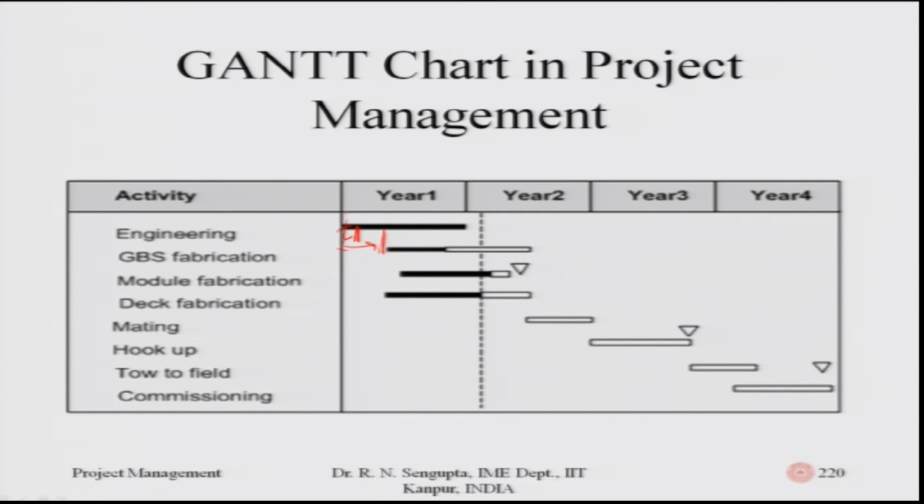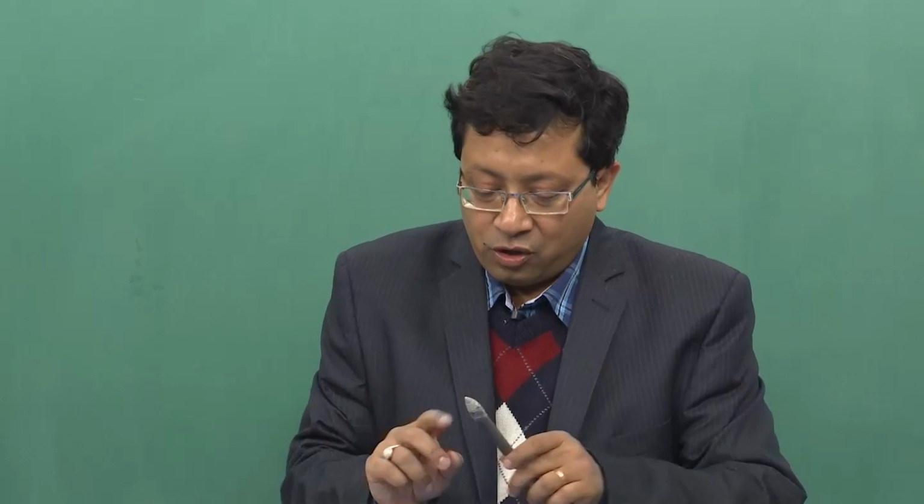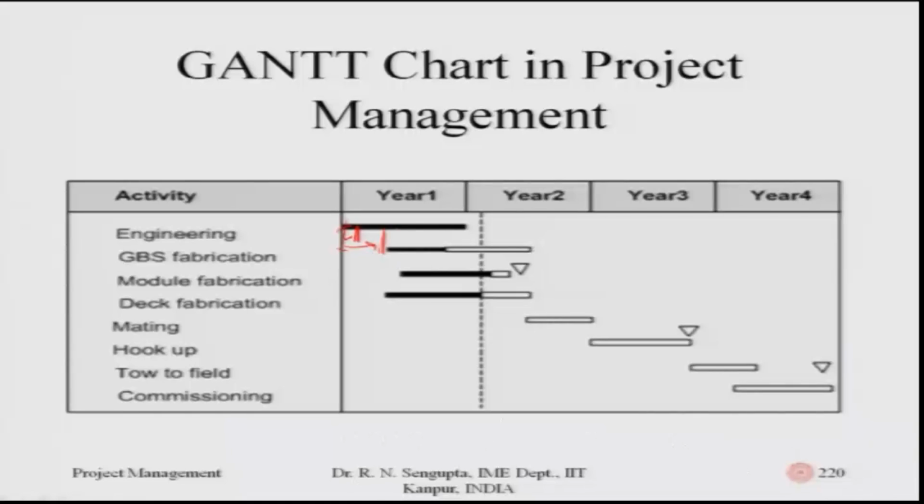I am using arbitrary notions in order to make you understand. And then the overall work considered, considering that this black horizontal line is there, it completes here. Now, this horizontal line is not black, but is white. It means that it is possible that you can delay the start of the fabrication part by this quantum. That means you can shift, which means this black line can be shifted such that the end of this point